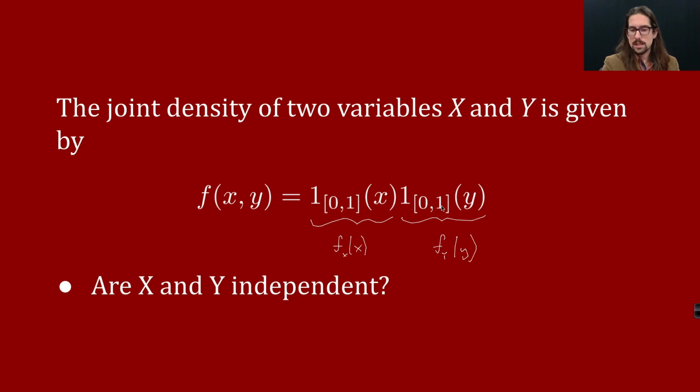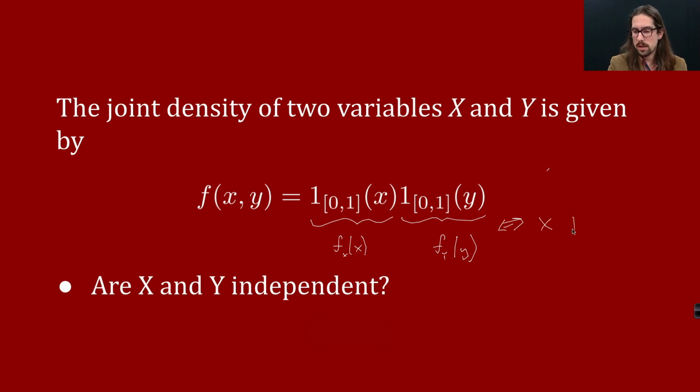And you may recognize these as the density of a uniform random variable on the interval 0, 1. And this is the same. But this one depends on x and this one depends on little y. And so this tells you basically that x has,